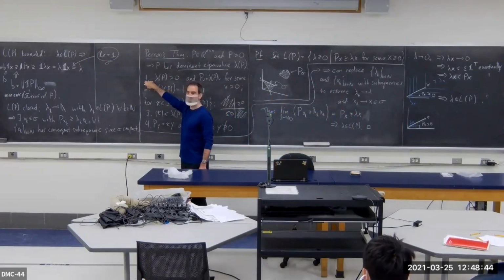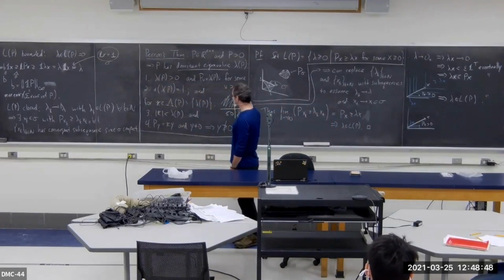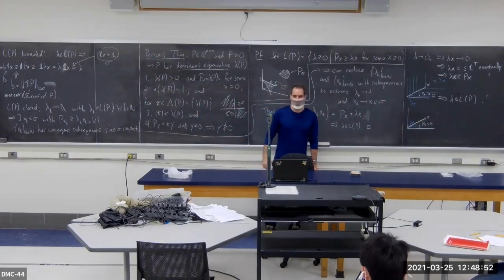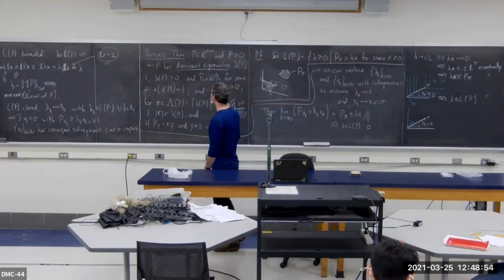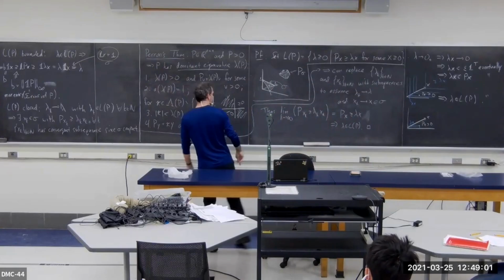I've got the statement of the theorem here, so I need to be pointing at these things. That's why I left it up, right? So what do we have to do? We haven't proved any part of this theorem yet, right? We've just proved a lemma. So I need to tell you what lambda of P is. Lambda of P is supposed to be some real number, and